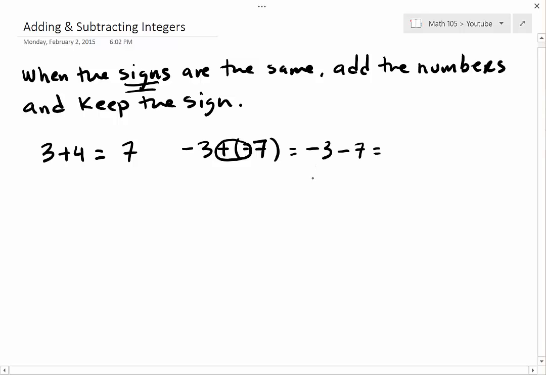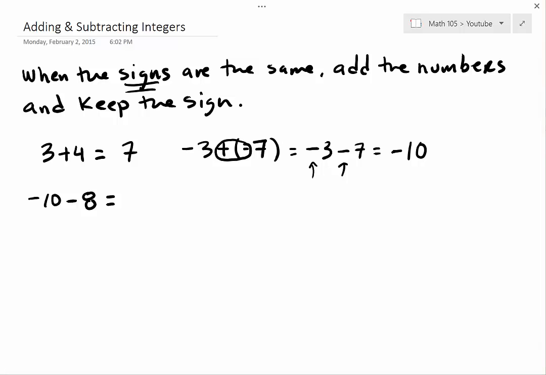If the signs are the same, you add the numbers. 7 plus 3 is 10, and you keep the sign. And there it is. That one wasn't that difficult maybe, or I made it more complicated than it is. But sometimes you have problems that look like this. Negative 10 minus 8 equals. And sometimes you're like, well,